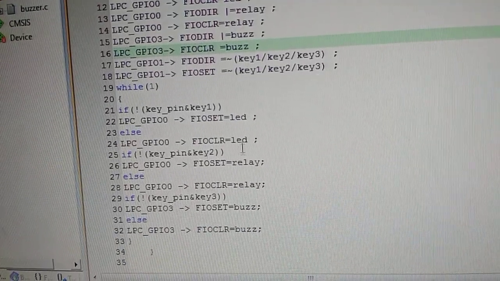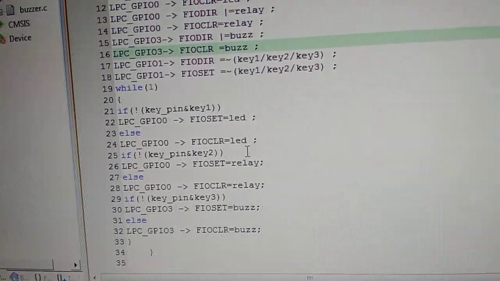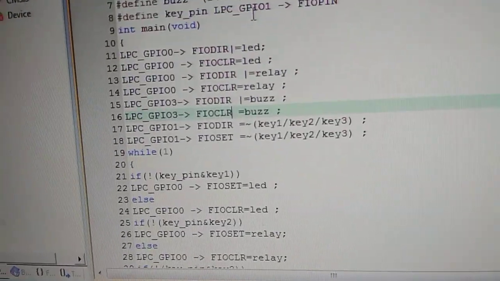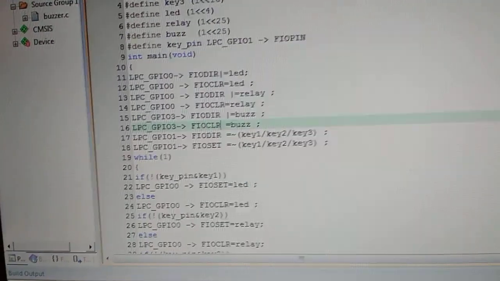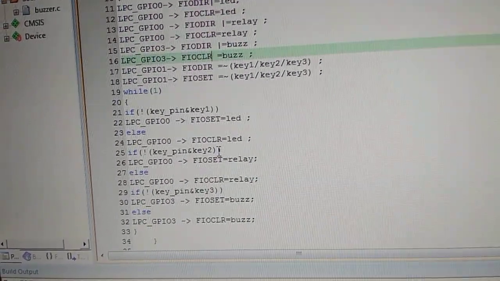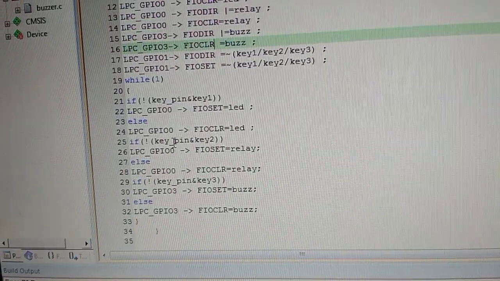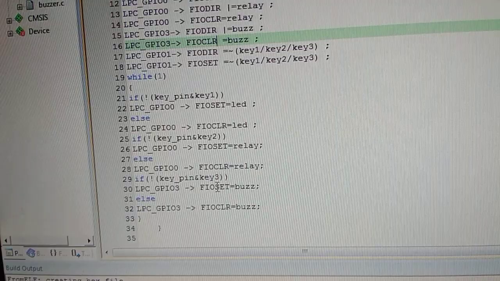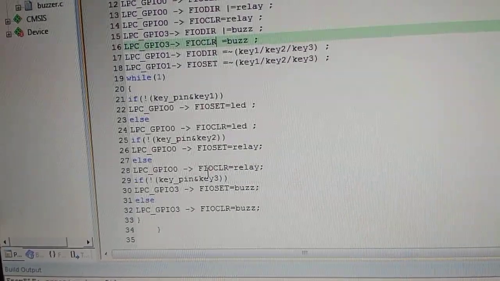Whatever we are selecting, we are ANDing with the key 2 value. Wherever you write key 2, it will take the value you have defined in the previous part. So here we have to AND everything, and then we will get a result. If that is true, the relay will be set. If that is false, the relay will be cleared.